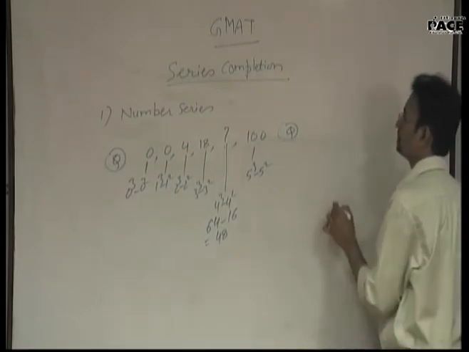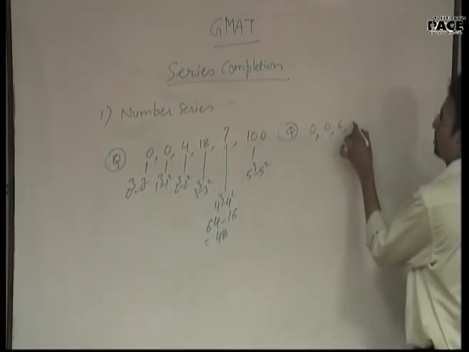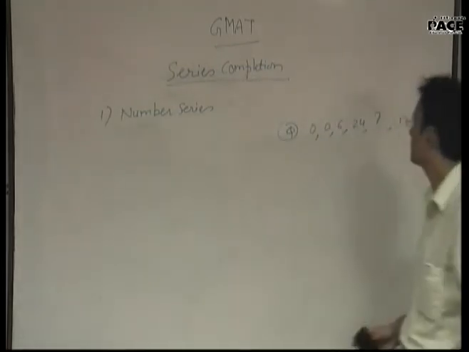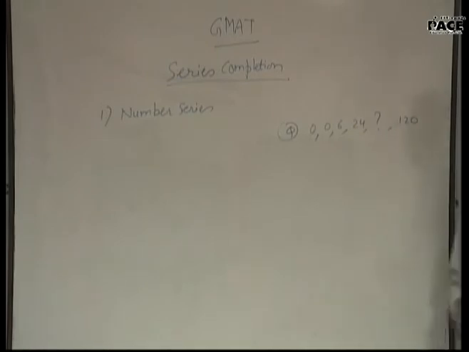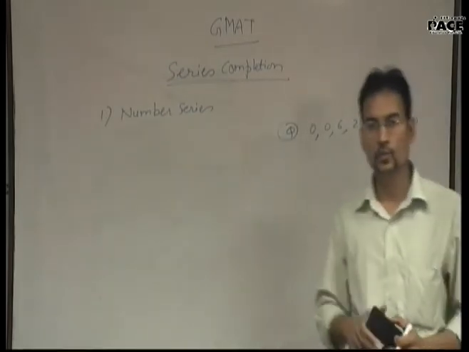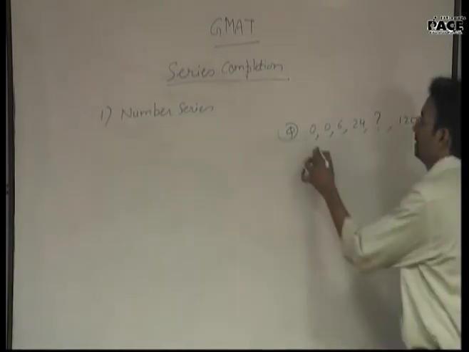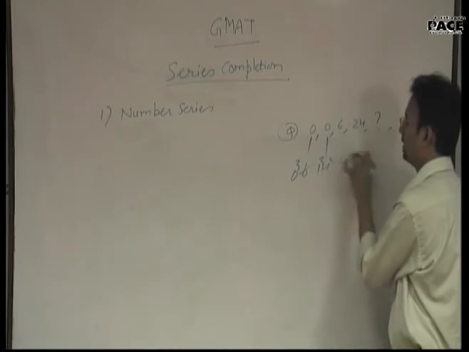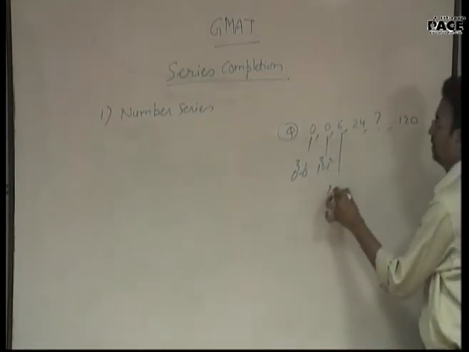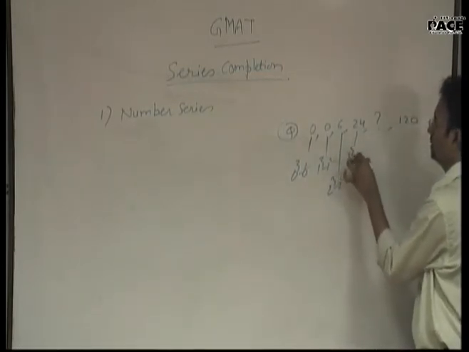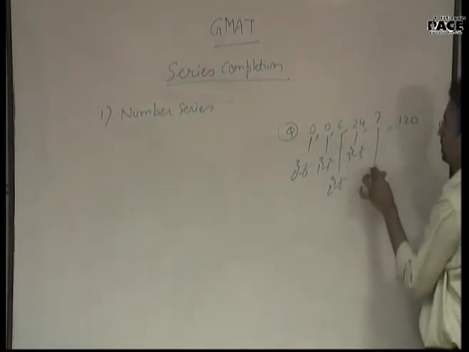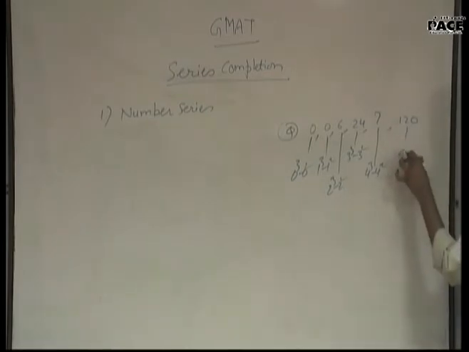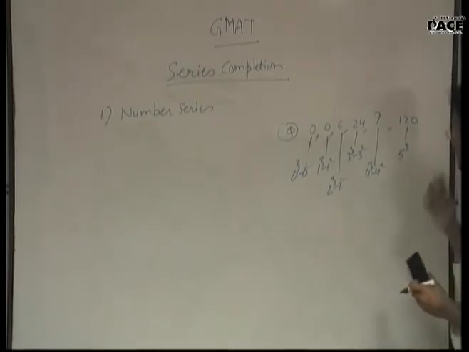Next series we can take. Again, the series starts with the same 2 zeros. So we can further go with 0 cube minus 0 square, 1 cube minus 1 square, 2 cube minus 2 square, 3 cube minus 3 square, 4 cube minus 4 square, and it should be